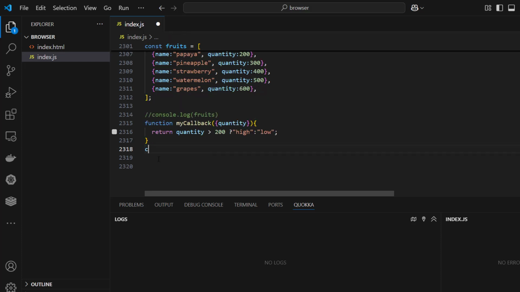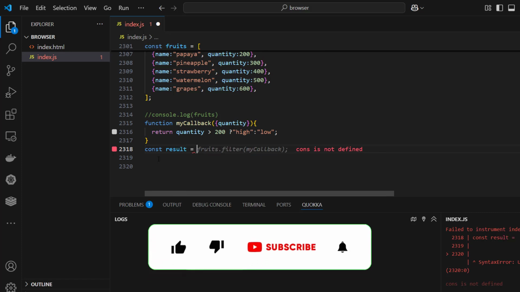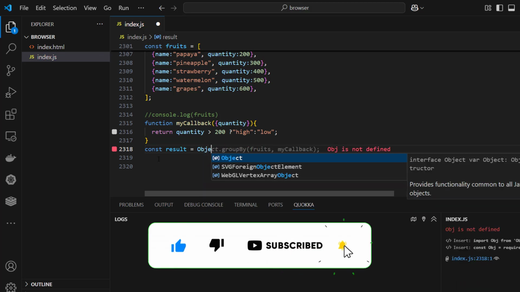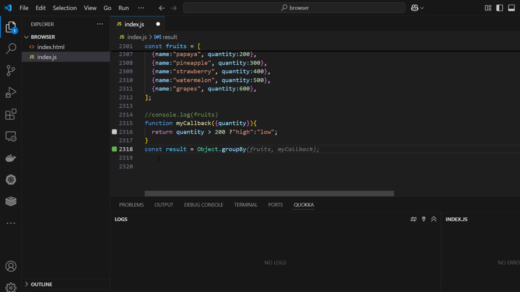Okay, const result equal to Object.groupBy, based on fruits and myCallback. Okay, so this is our result,